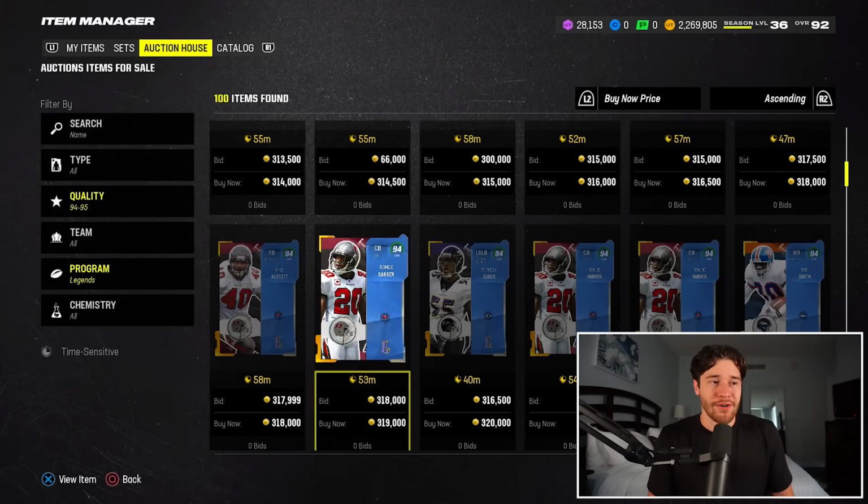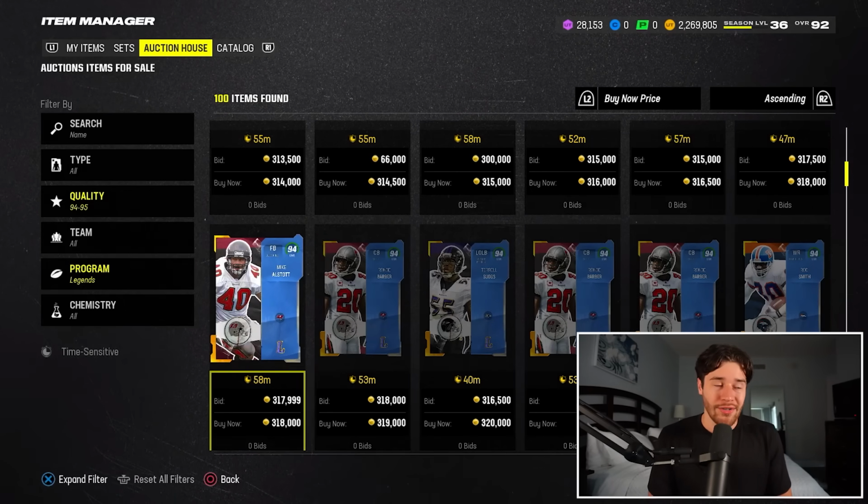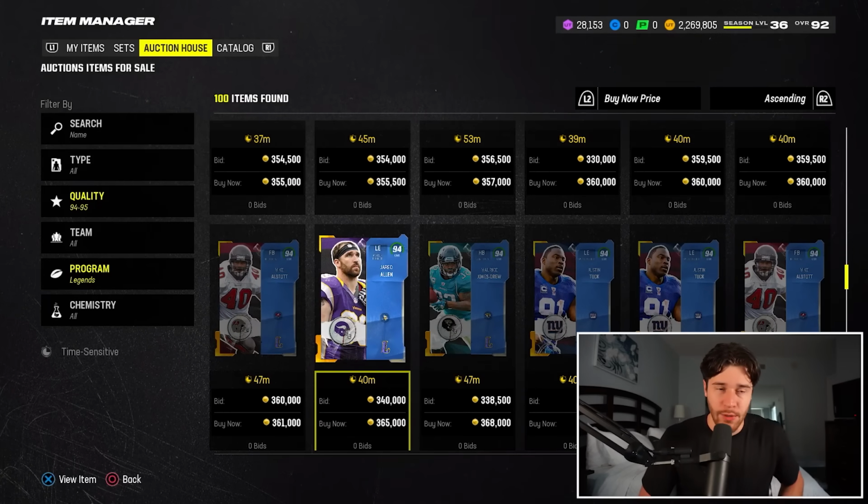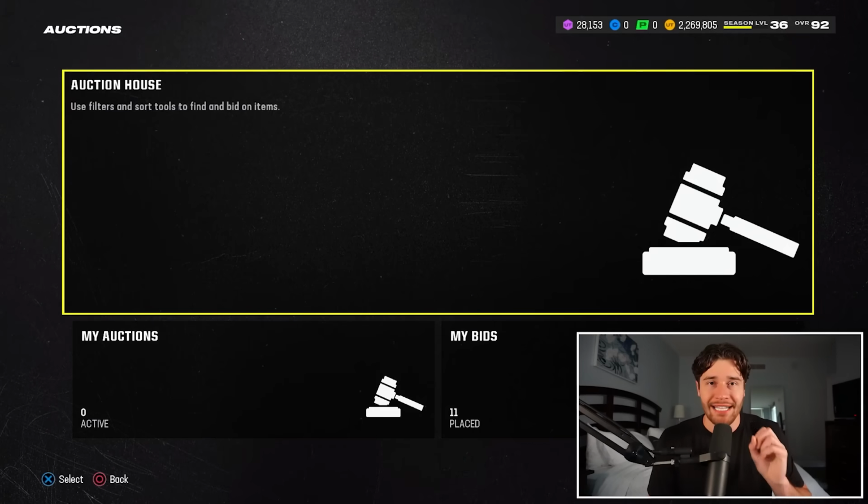And even just looking at some numbers now, as you guys can see, Rondé Barber and Mike Alstott are down to 320k already. So in my personal opinion, I'm going to wait 2 weeks maximum on this pack. If we get a good legend next week, I'll open up the pack and pick the player. If we don't, I'll hold on to it one more week. But then no matter what, 2 weeks from now, I'm going to open the pack and